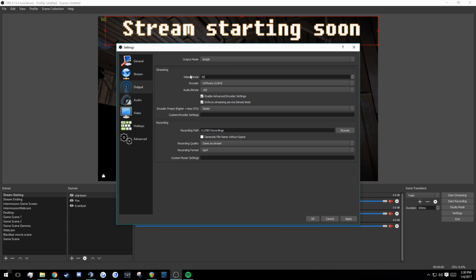3500 is the maximum bitrate for non-partnered streamers, and 4500 is the max for partnered streamers. Yeah, so it says it right here. However, you can unenforce the streaming service bitrate limits, which means it'll allow you to stream over 3500 bitrate. Personally, I don't want to stream over 3500